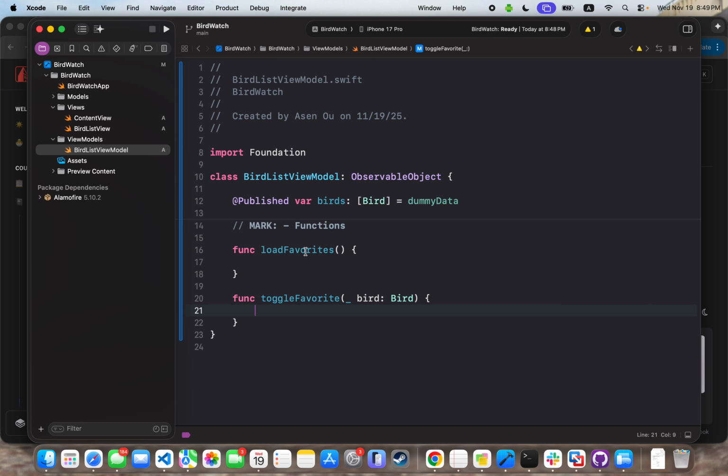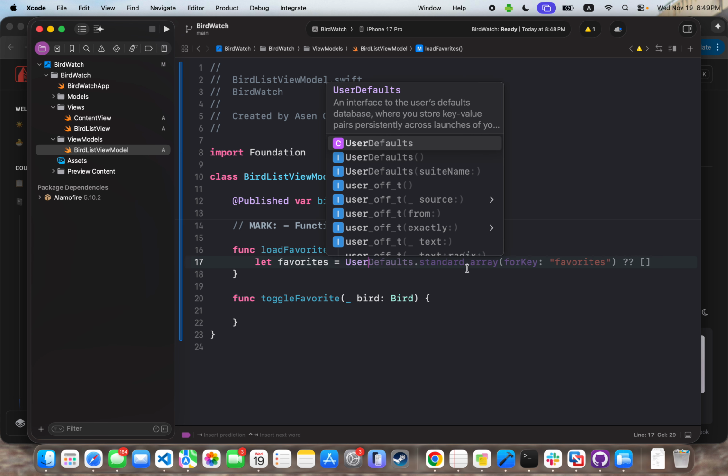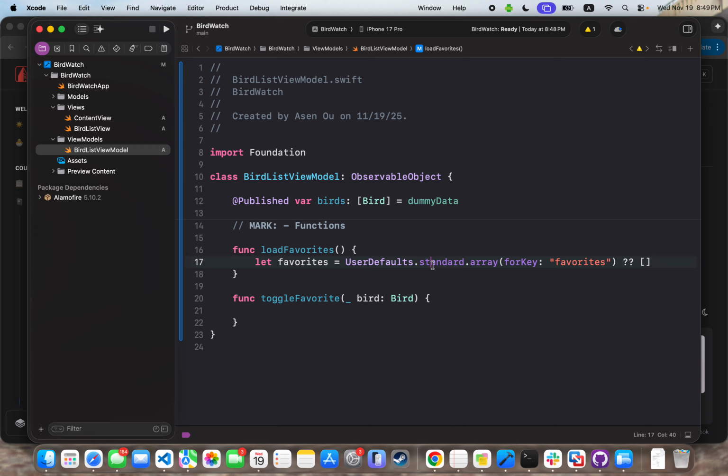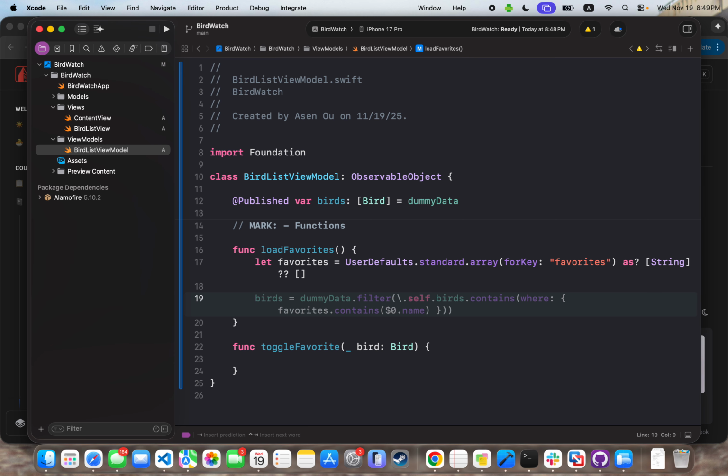So let's do loadFavorites first. Remember, we first have to fetch our favorited birds. So favorites equals this very long thing, right? UserDefaults.standard.array(forKey: "favorites"), and then instead of doing this, remember, we'll do as? [String]. So we want to cast it to a list of strings. And then what we want to do is we actually want to load,